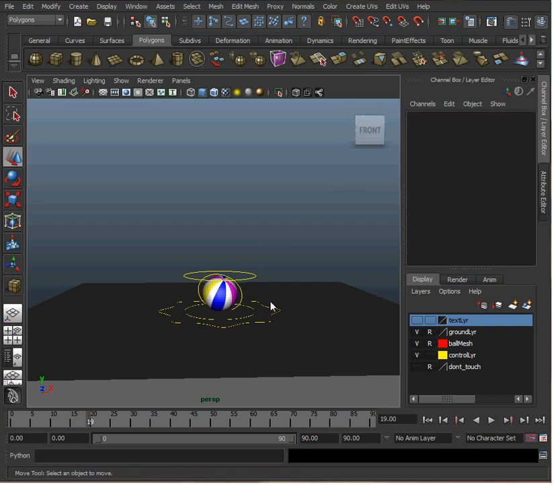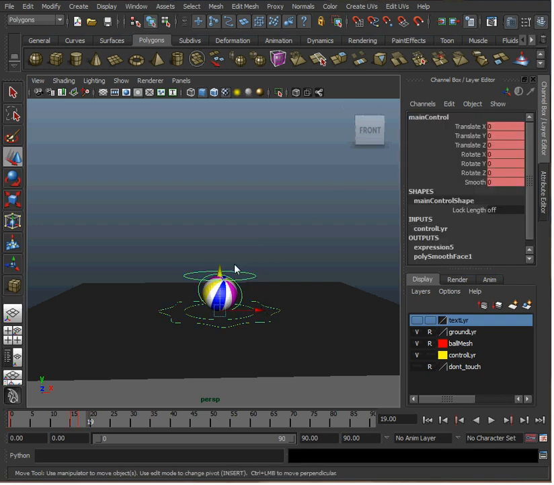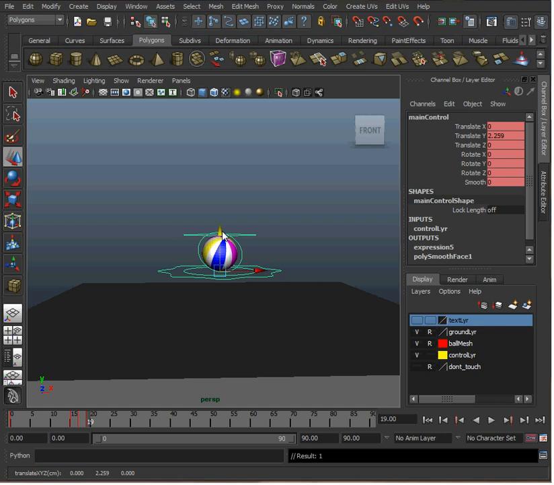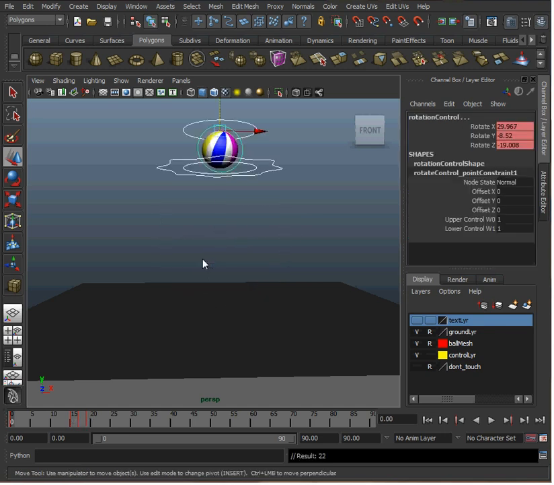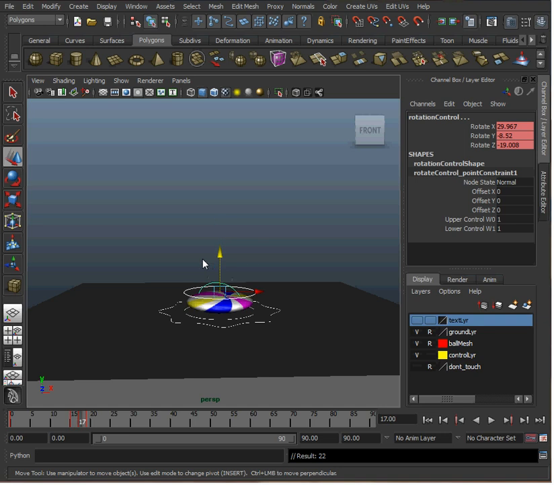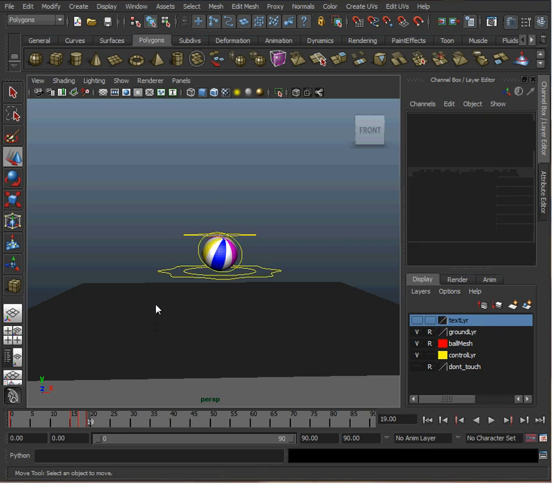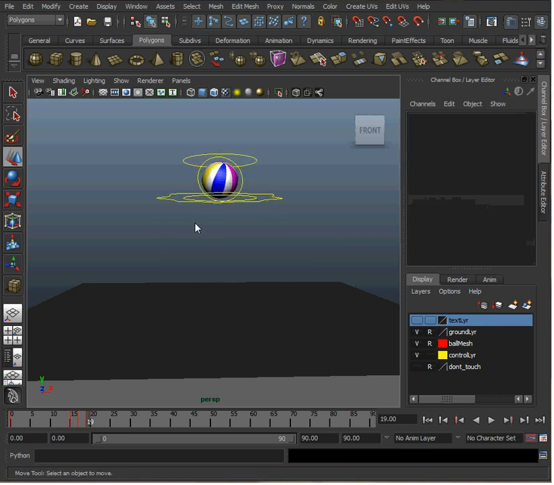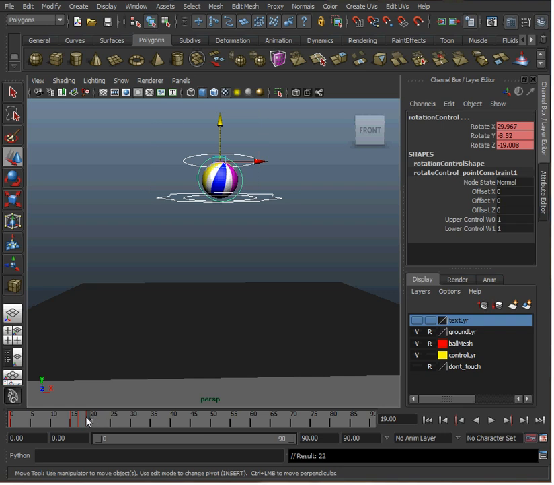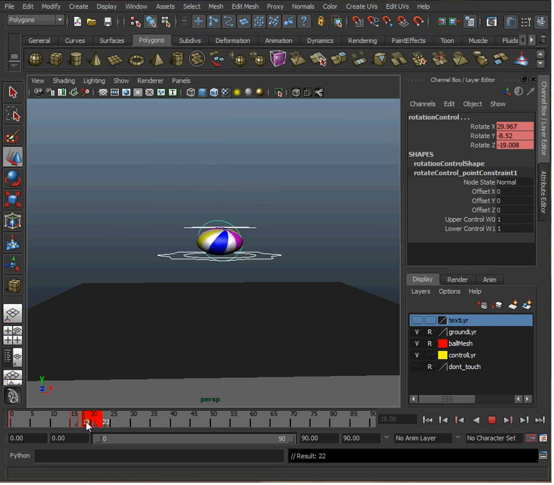And then I'll take the ball and move it up a bit. So if you look at our keys, we have it in the air, stretched up, squashed down, and then back up in its normal position. We could just take this actually and move it all the way close to the top, key it, and then to move a key, this could be our top key. You could select the key with the shift button, drag select over it, and move your middle mouse button.